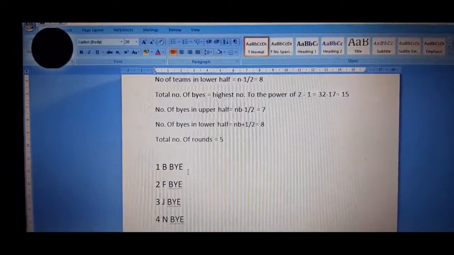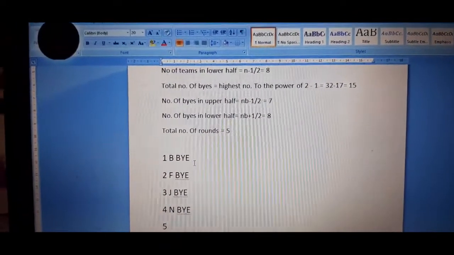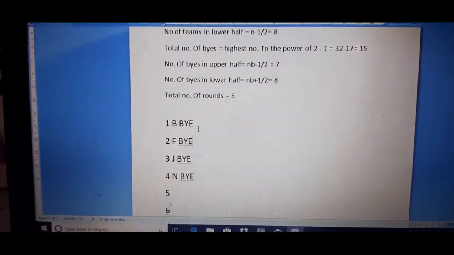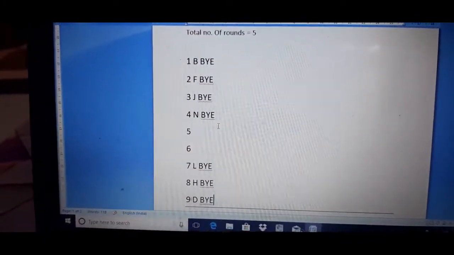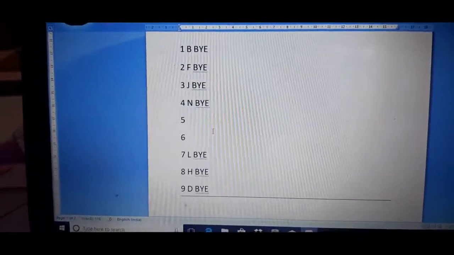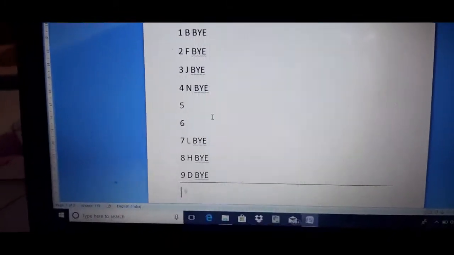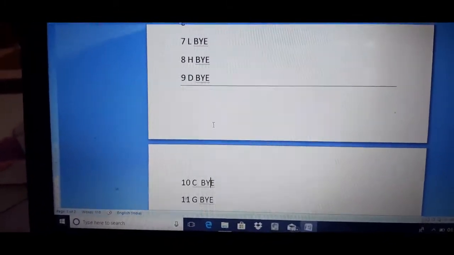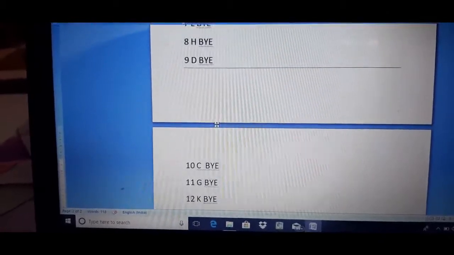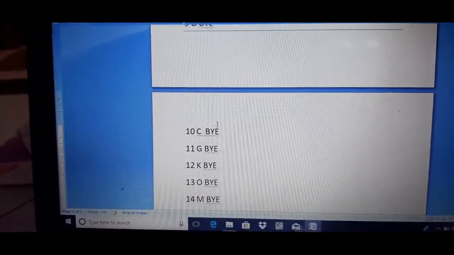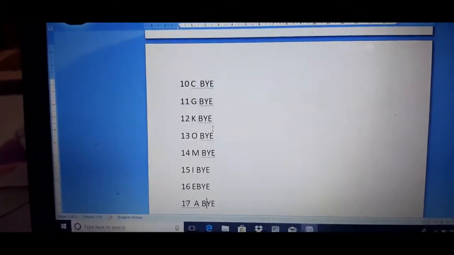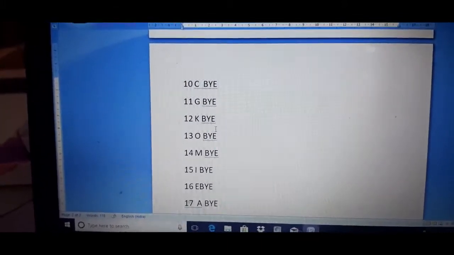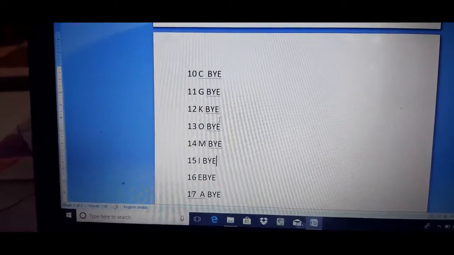So the entire fixture will go wrong, okay. So again, 1, 2, 3, 4 byes are correct over here and 3 over here. So 4 and 3, 7 are correct. My upper half is correct. Now coming to the lower half, 1, 2, 3, 4, 5, 6, 7, 8, and we have written over there 8. So both my halves are perfectly clear.